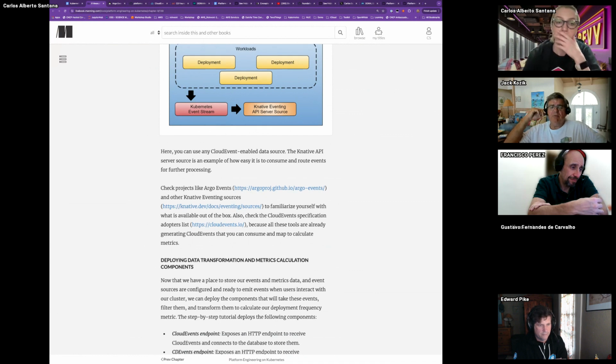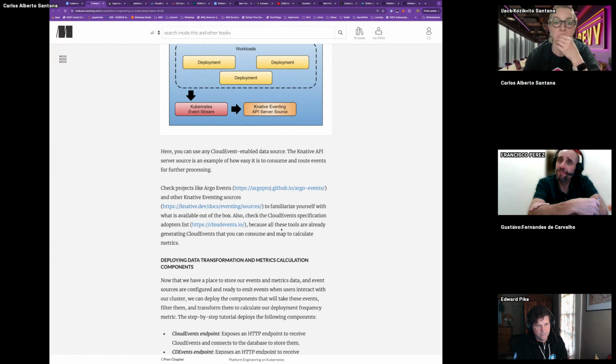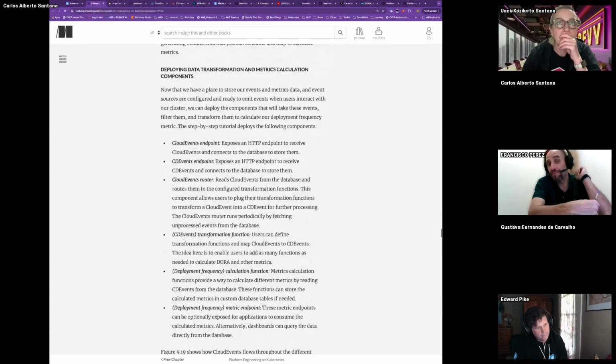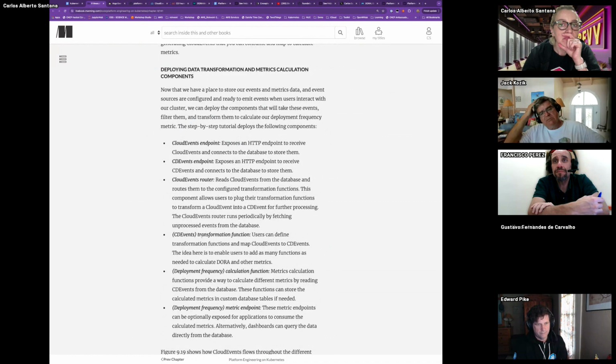In the GitHub repository, he gives an example with Keptin. Yep, so that's the next one. So okay, that is another one. There's a lot of things new to me. That's another one that's new to me. Argo is familiar, but Keptin isn't. Yeah, Keptin was new to me until this morning when I was reading.